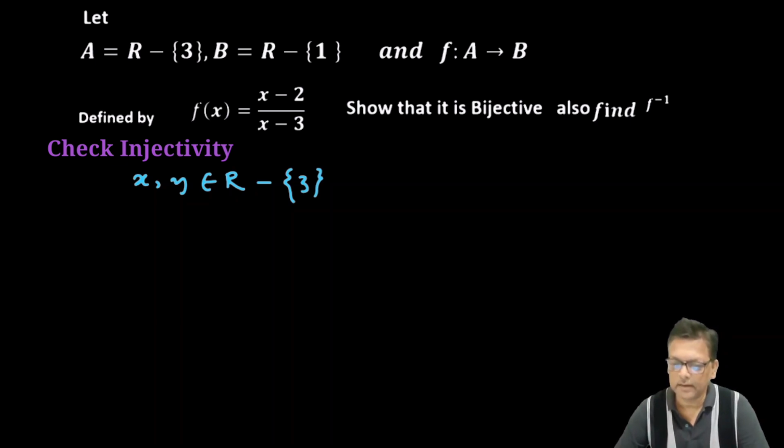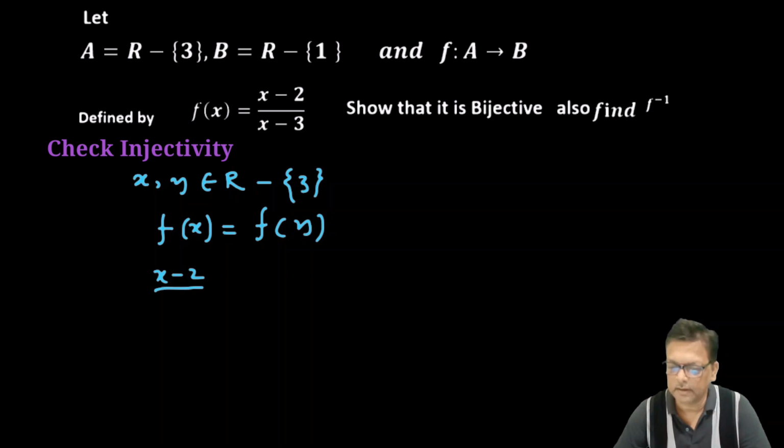So for injectivity, we have f(x) equal to f(y). So we have (x minus 2) divided by (x minus 3) is equal to (y minus 2) by (y minus 3),